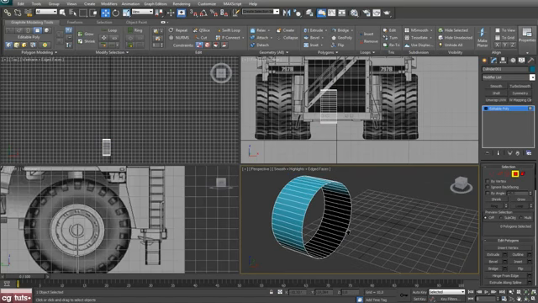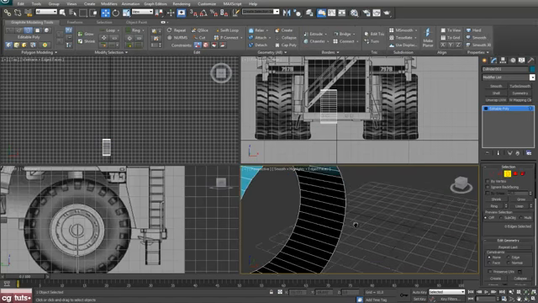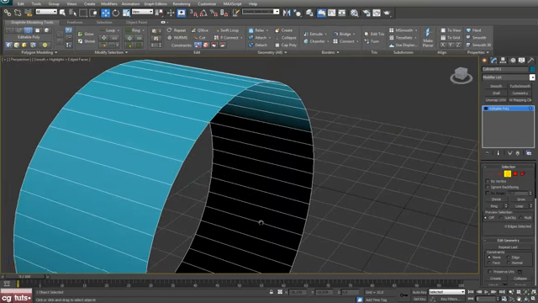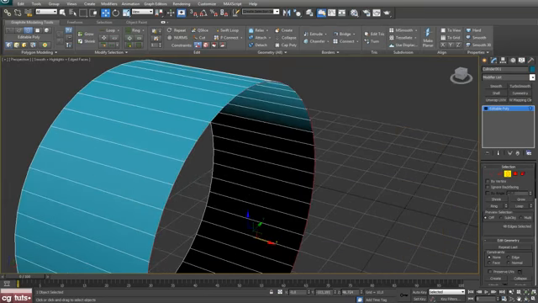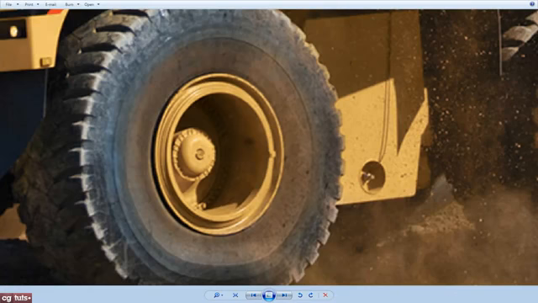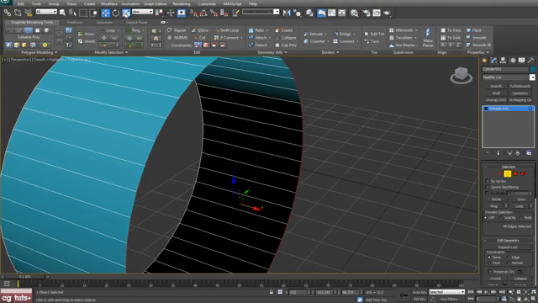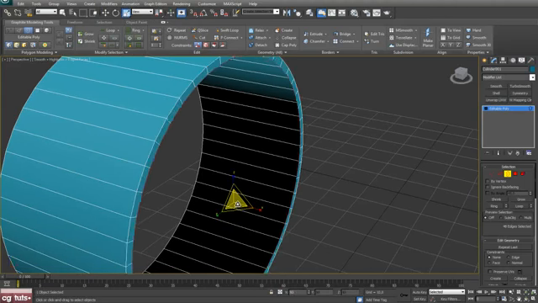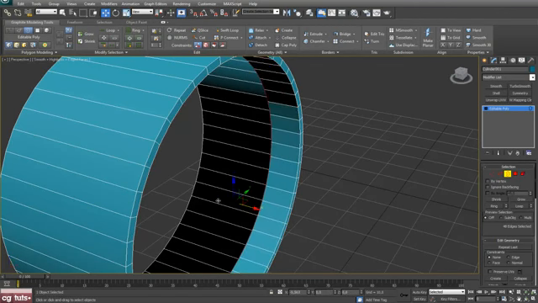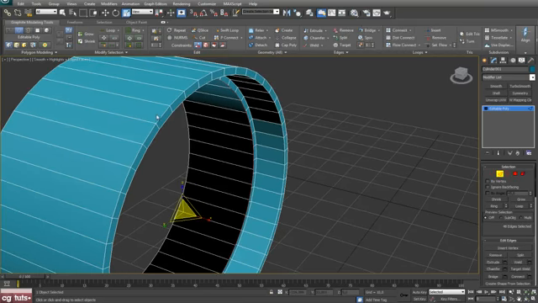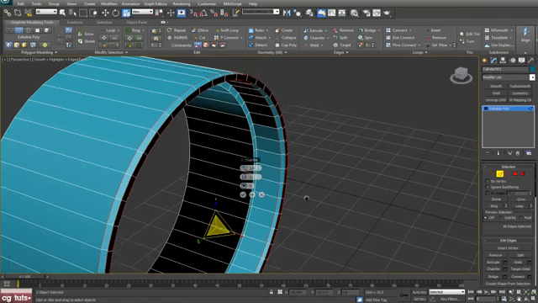Okay, now let's zoom in and select this border, and shift and scale, and shift and drag. Okay, and once again shift and scale. Now select these two edges, hit loop and chamfer,